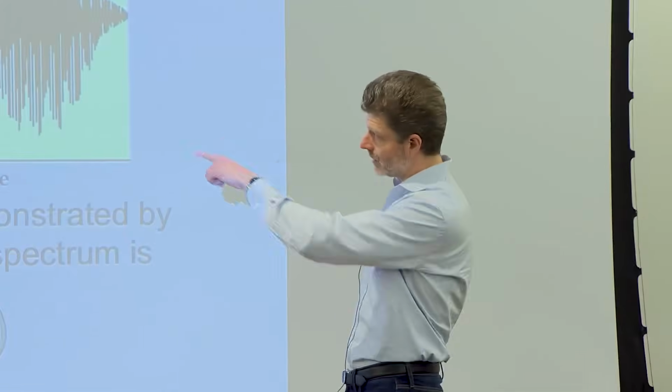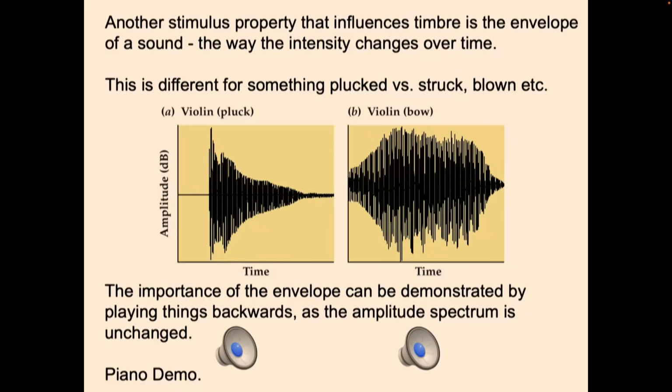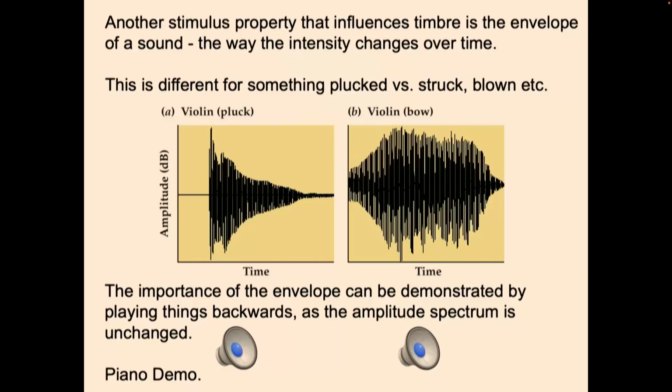So these are waveforms of two notes played on a violin. In the first one, it's plucked. When you pluck the string, you get this very rapid increase in energy that slowly decays. Whereas when you bow a string, there's a slow buildup, and then it's more sustained as the bow